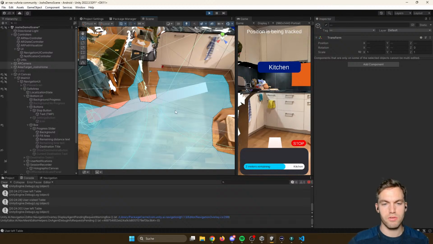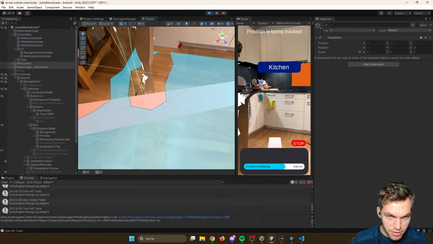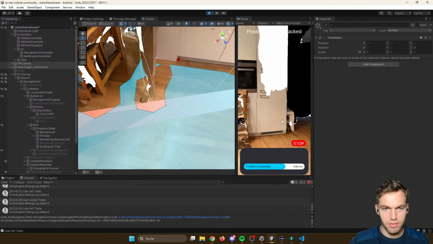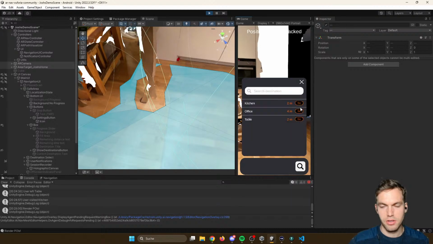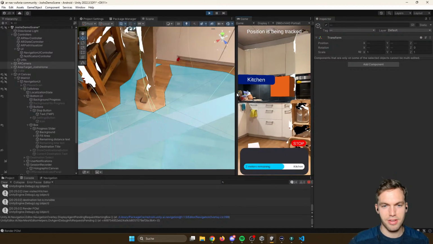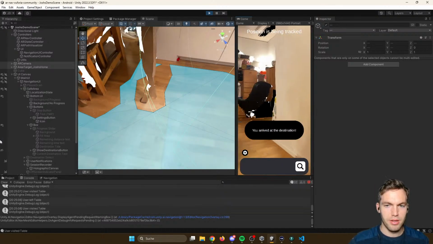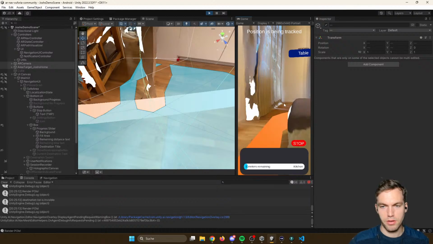We have 2 meters remaining, but actually that's like 20 centimeters remaining until I've even arrived. And if I'm already there, it cannot even detect. That's not a problem. But if I'm here,